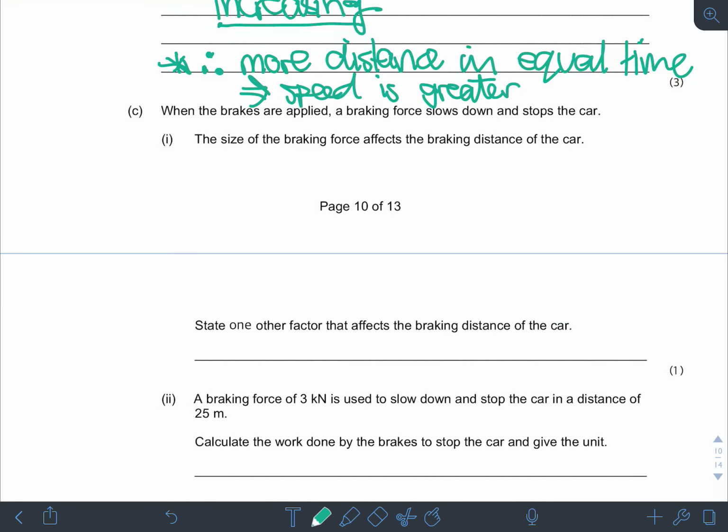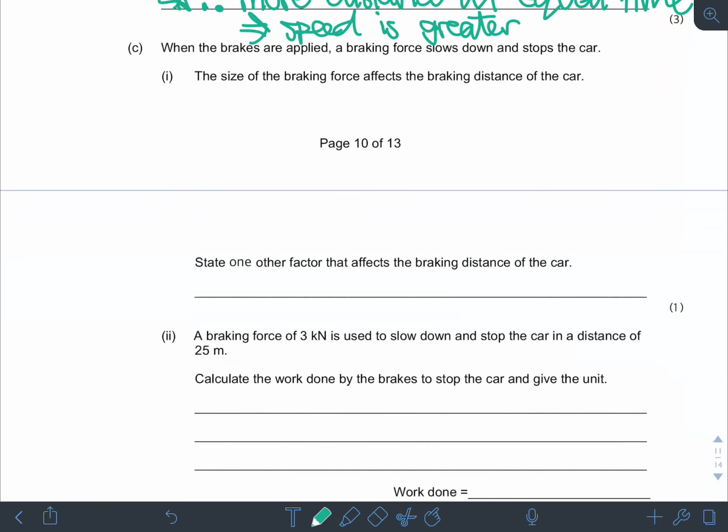Good. When the brakes are applied, a braking force slows down and stops the car. The size of the braking force affects the braking distance. State one other factor that affects the braking distance of the car. Okay, so what you could have here, the most important one is speed. So that's a good one to have. Other ones you can have: condition of road